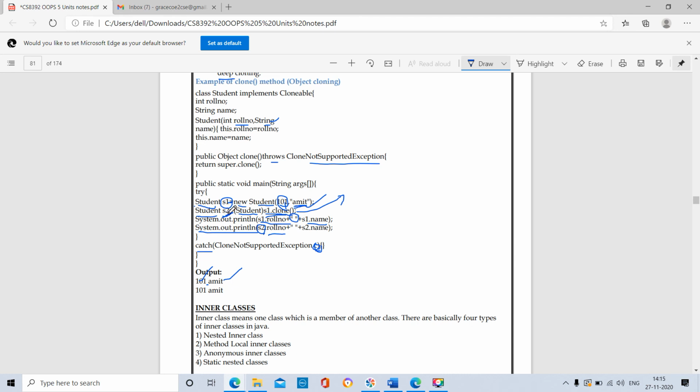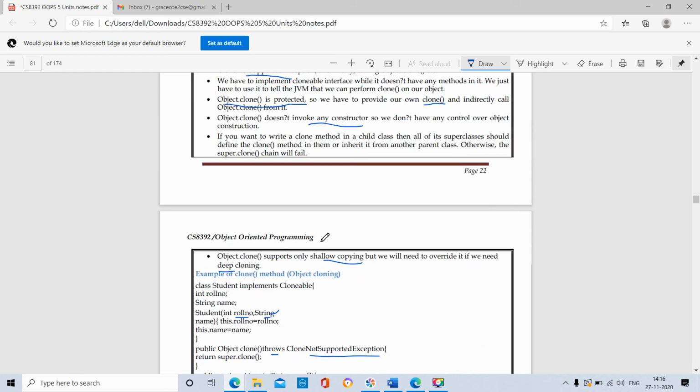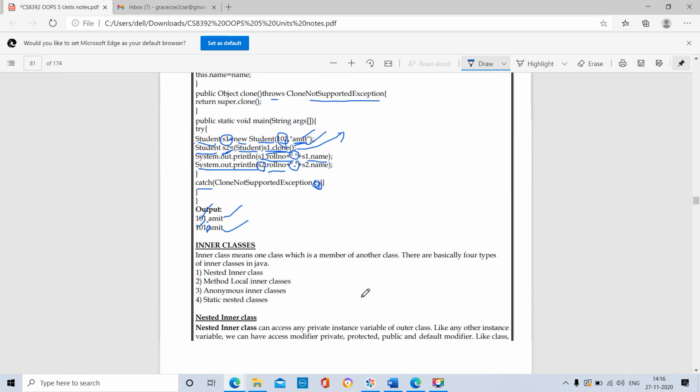So s2 also contains 101 and Amit. s2.rollNumber will display 101. Within the double quotation we have a space. Next, s2.name, the variable containing the value Amit, so Amit is displayed. So this is about object cloning.